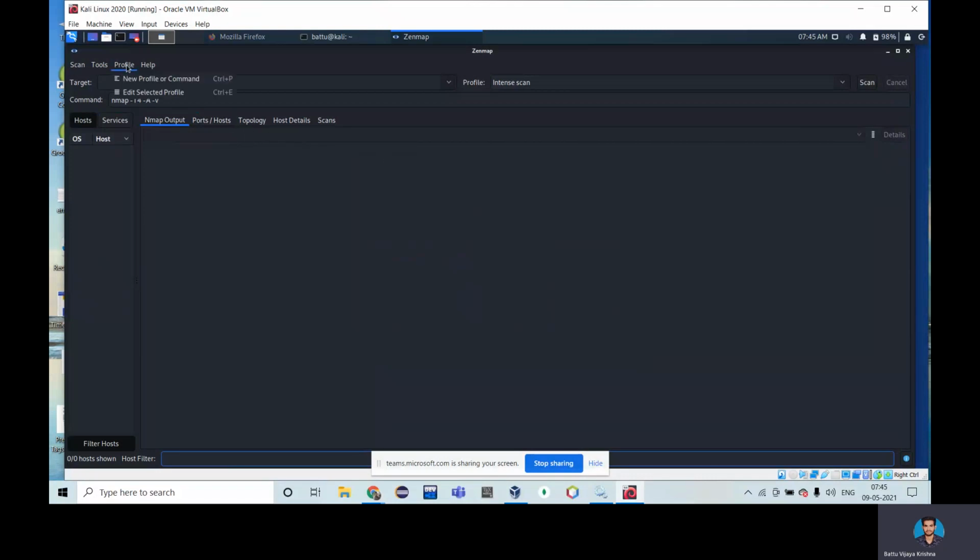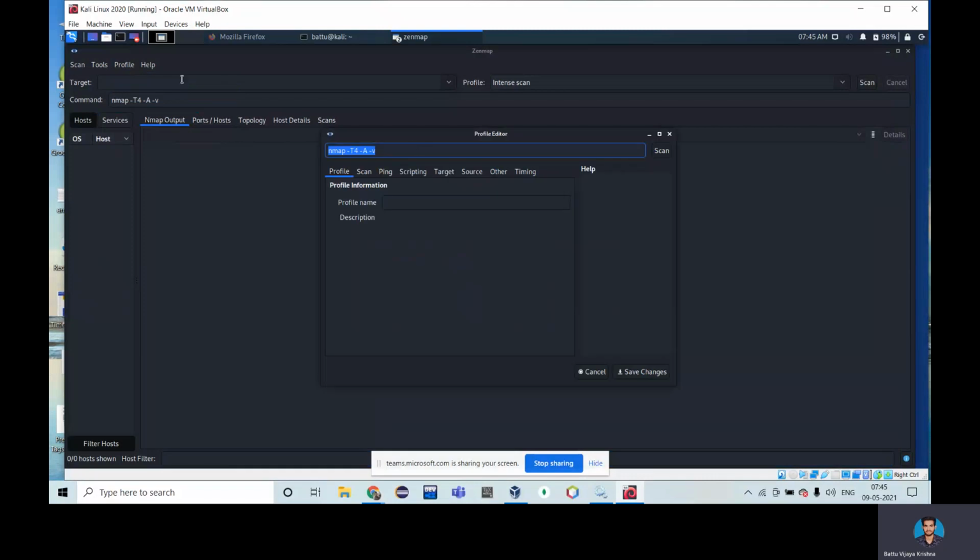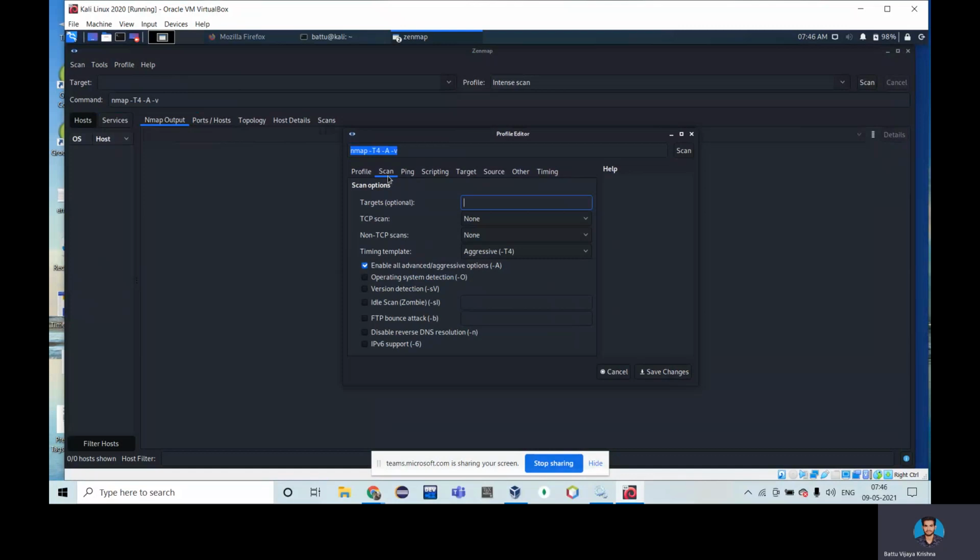When it comes to Profile, we have two: new profile or command, and edit selected profile. In the new profile editor, we can choose different commands, like the different options in Nmap. We can choose enabling operating system detection.